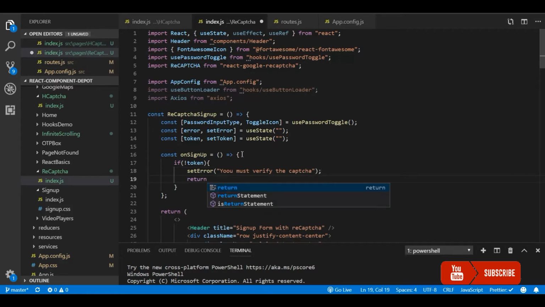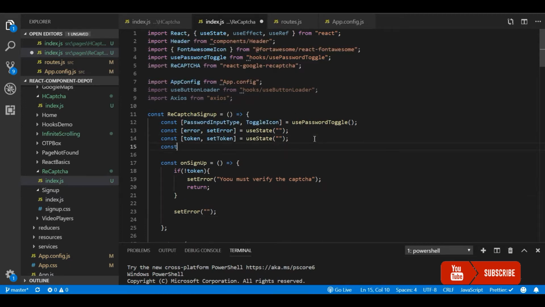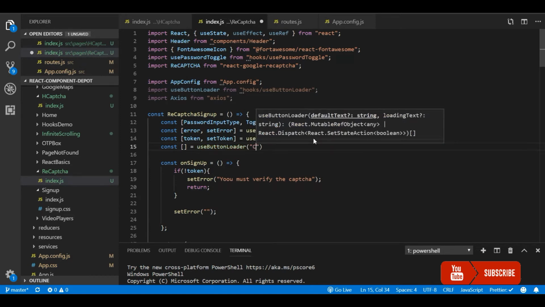And let's return. On success of this step, we'll clear this error, and we'll use Axios and send all the sign up details along with this token. Before that, I'm going to use my custom hook for showing a loading spinner on the button when the user clicks on the sign up button. I will give the link for this video in the description.